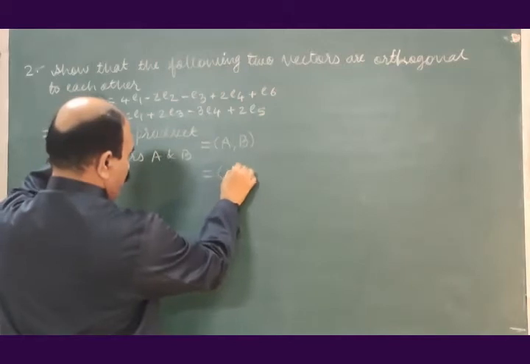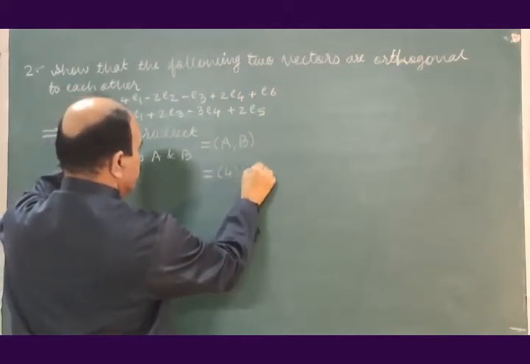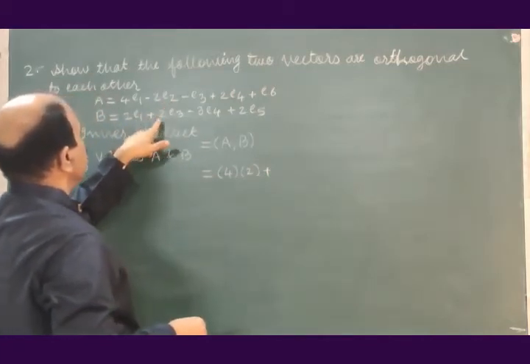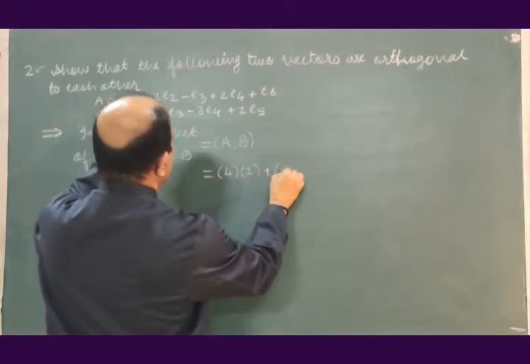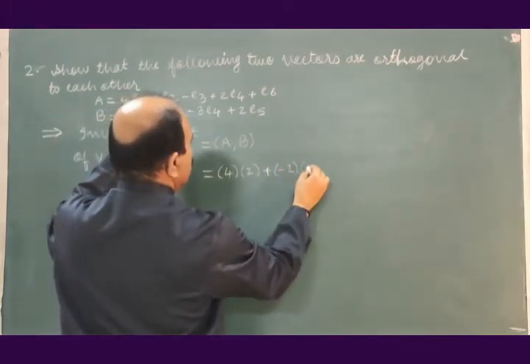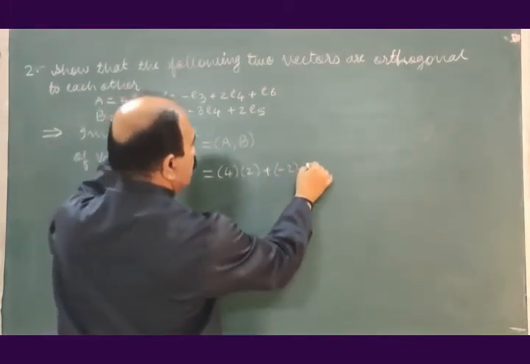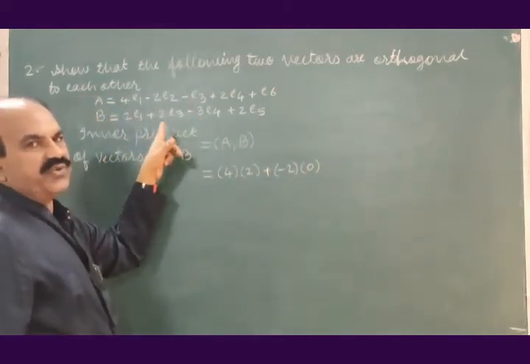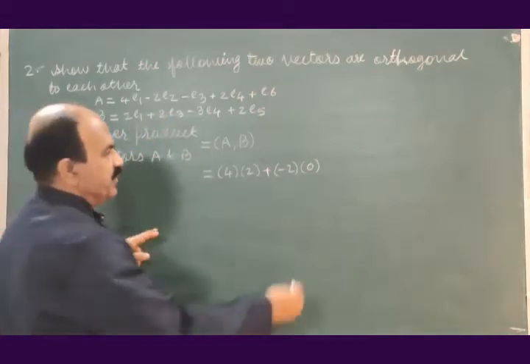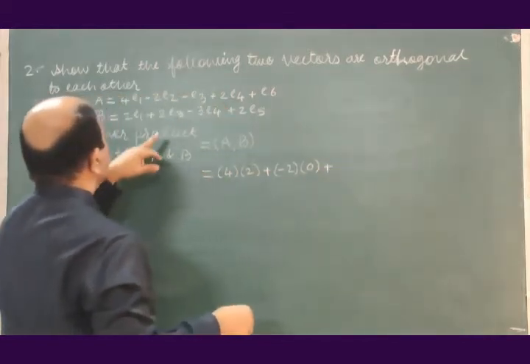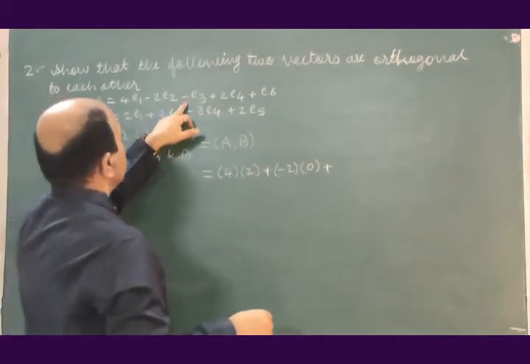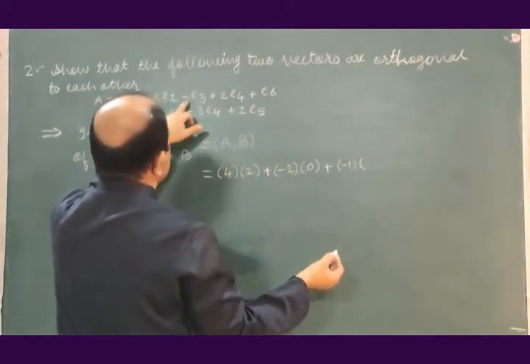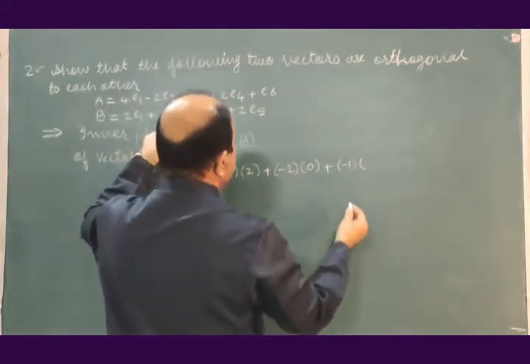A1 is 4 into B1 is 2 plus E2 is not here. So A2 is minus 2, B2 is 0, because there is no E2 term in B. Plus E3, A3 here is minus 1 and B3 here is 2,